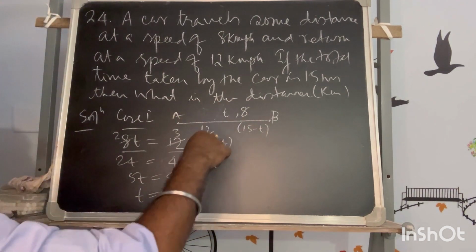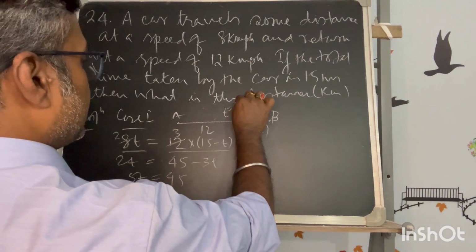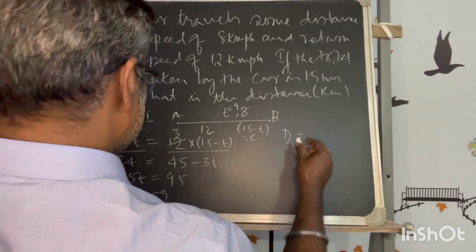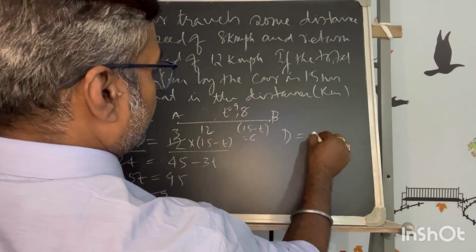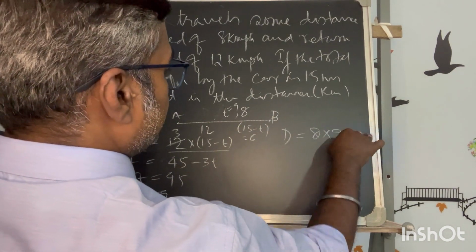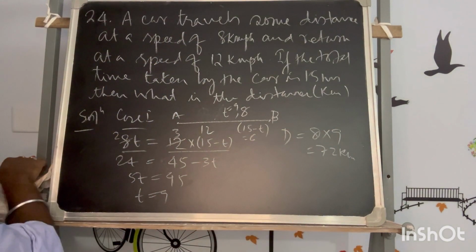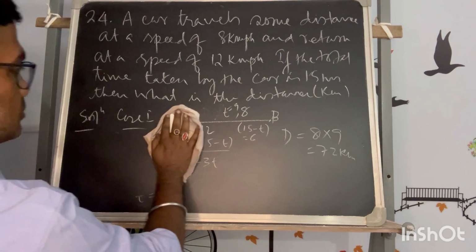So the forward journey time is 9, so the reverse journey is 6. Now D, the distance, is equal to the forward journey speed 8 into 9, so that is equal to 72 kilometers. This is one way of doing that. Now the other way, in case 2,